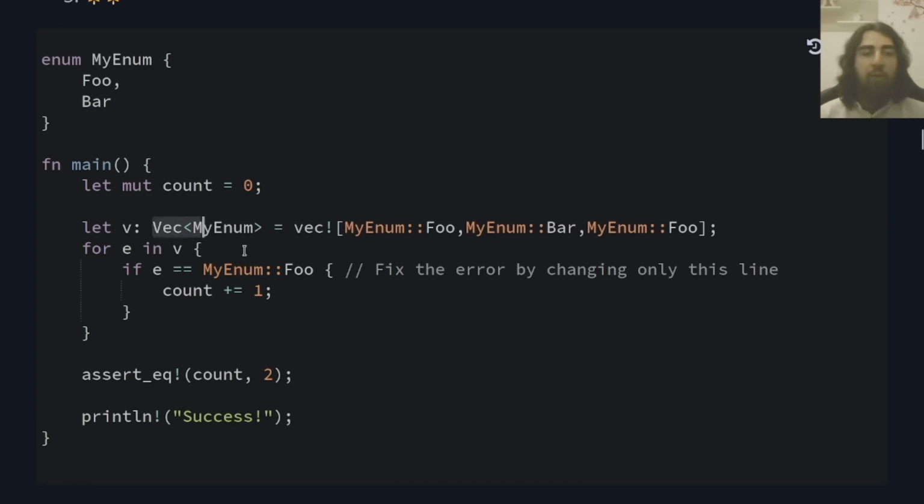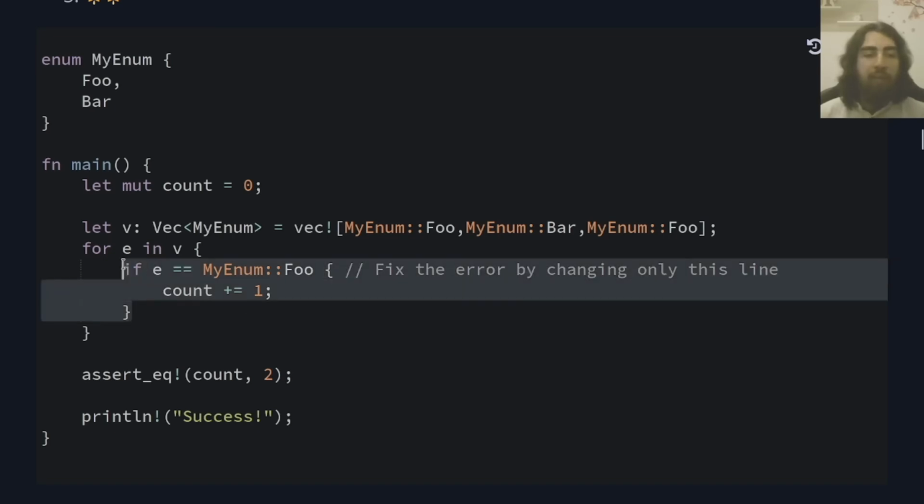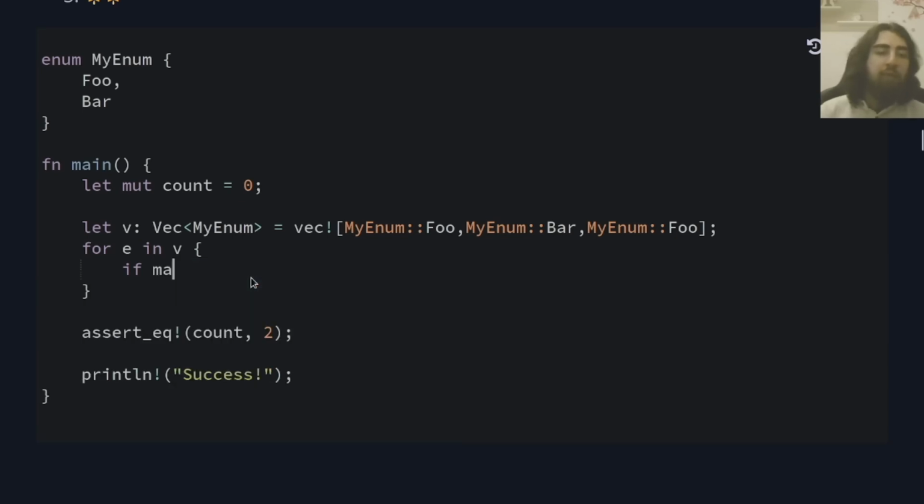So this is a vector holding types of my enum. Then over here we are iterating over the elements of this vector. Now we want to match my enum foo. And if conditionals don't allow us to match for patterns, so we can't use that here, but we can do something else. We can instead use the matches macro, meaning we take e, the element in the vector we are iterating over, and we match it for